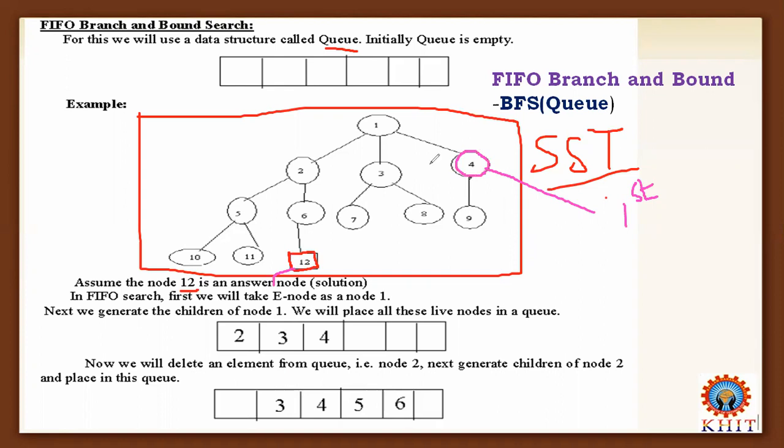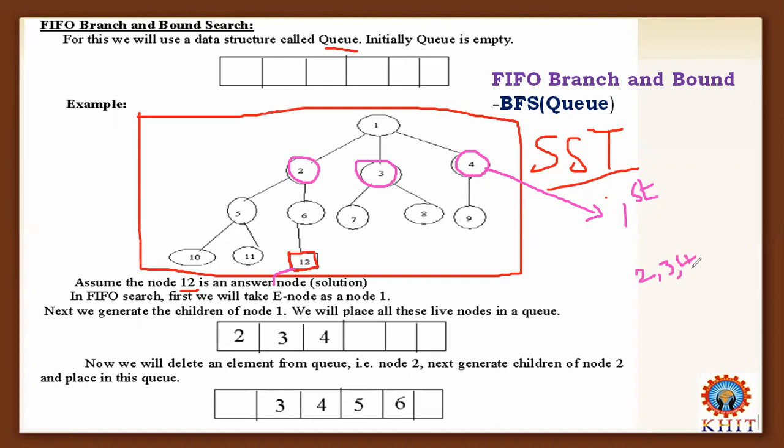This is node 1, node 3 is another node, node 2 is another node. In the first iteration, 3 nodes are generated, namely 2, 3, 4.